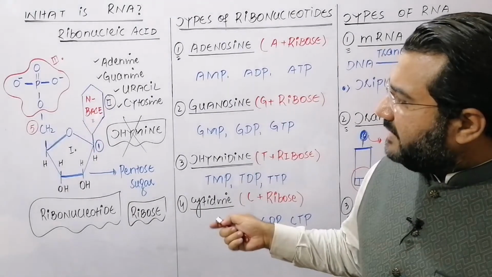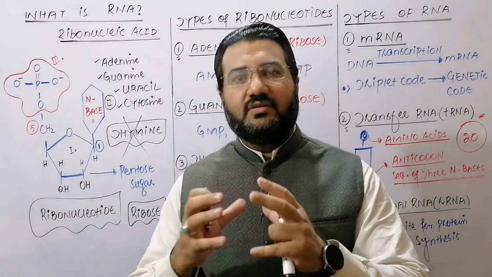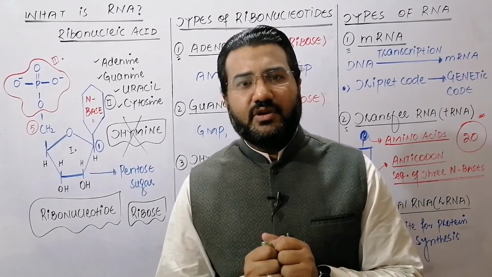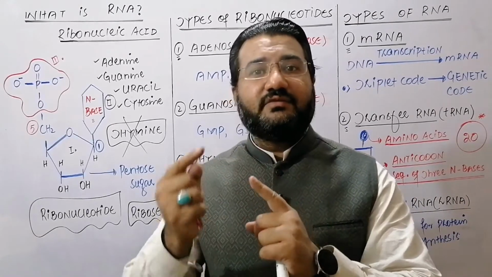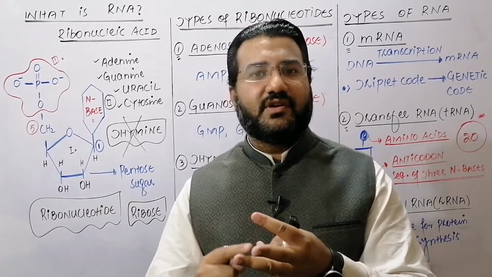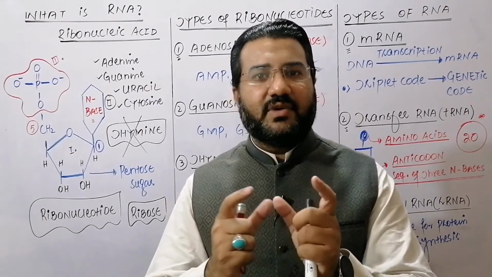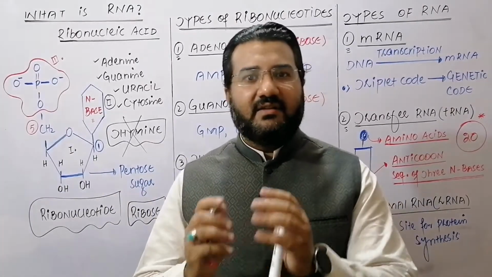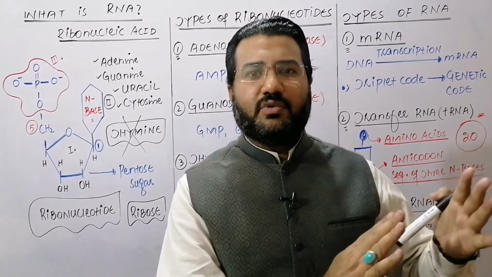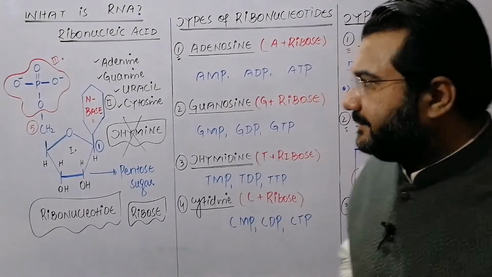When only a nitrogenous base and a ribose sugar are attached together without a phosphate group, this unit is called a ribonucleoside. So what is the difference between the ribonucleotide and ribonucleoside? A ribonucleotide consists of three chemical subunits: pentose sugar, which is ribose, nitrogenous base, and phosphate group, while the ribonucleoside consists of only two chemical subunits: pentose sugar and the nitrogenous base. And when the ribonucleoside is attached with one, two or three phosphate groups, it results in the ribonucleotides, which are the monomers of the RNA.